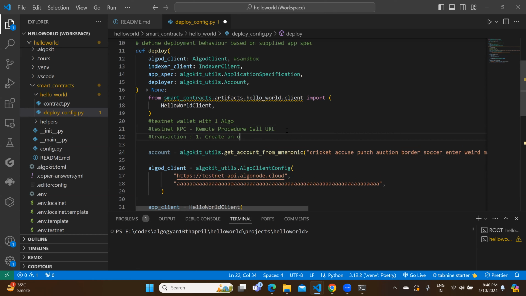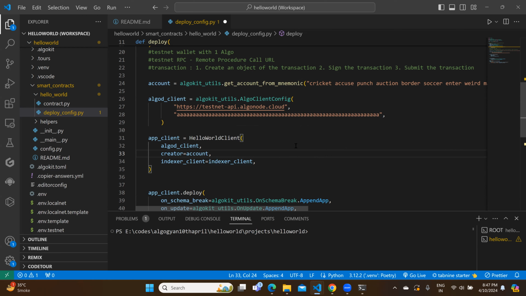So now the app client object will take the Algorand client, this one, and the creator as my wallet address and not the sandbox wallet address. So now this will not talk to the local environment, right? This will directly talk to our test network environment, right? So as a third step, now